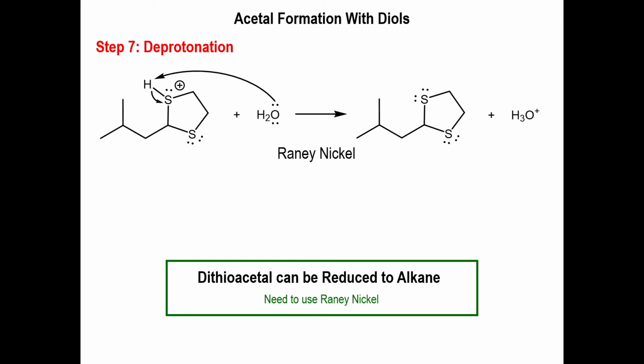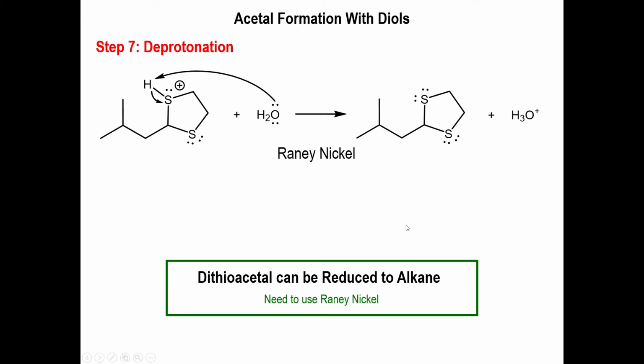But the second thing about it is that there's one additional reaction that we can employ and take advantage of, because unlike oxygen, sulfur has a much easier time changing oxidation states. In this case, we can easily reduce sulfur by using something called Raney Nickel. Specifically, for every carbon-sulfur connection you have, you're now going to create a carbon-hydrogen connection. So in essence, this is a means by which we can take a carbonyl and turn it back into an